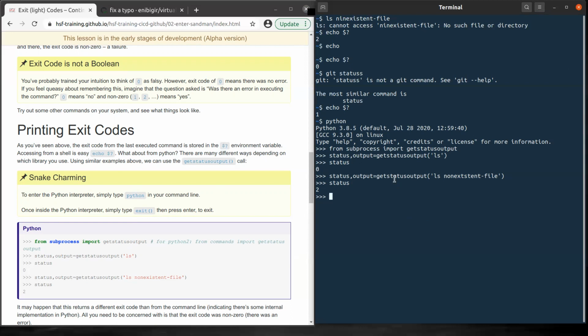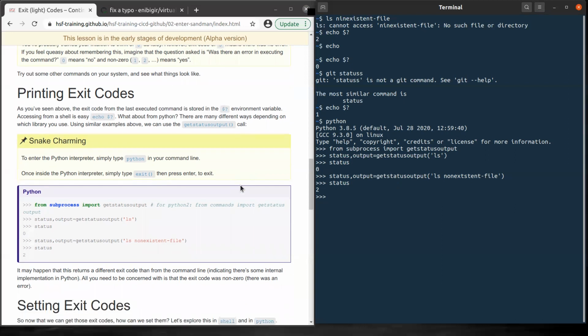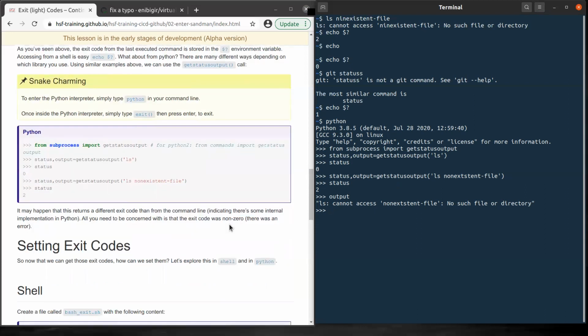So now you know how to display the exit code using the getstatusoutput call. Also, with getstatusoutput, you still have the output here. What was the error message? Depending on the scenario, it may happen that you have a different number from what we had before.